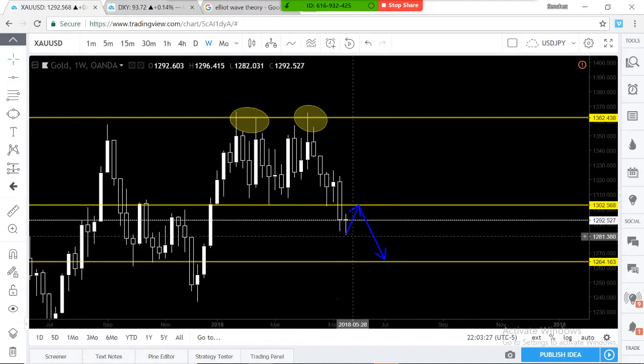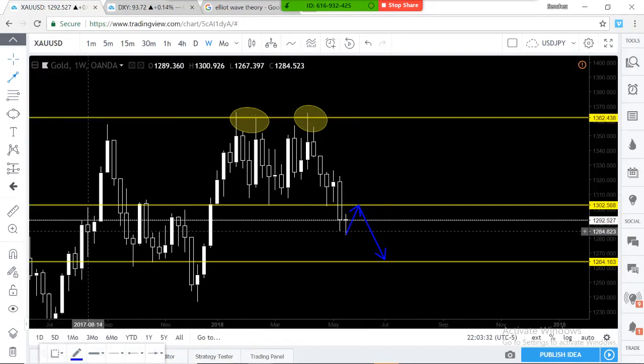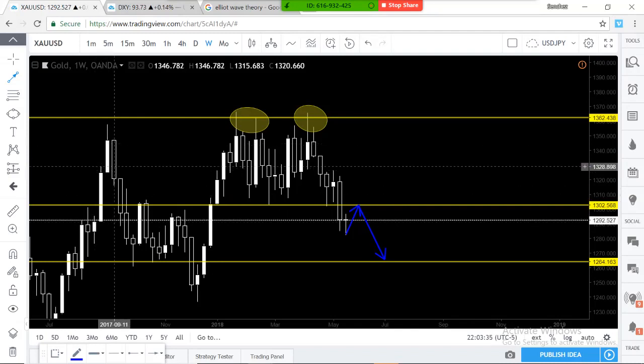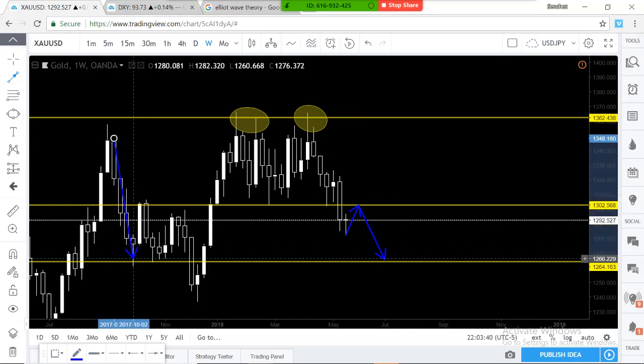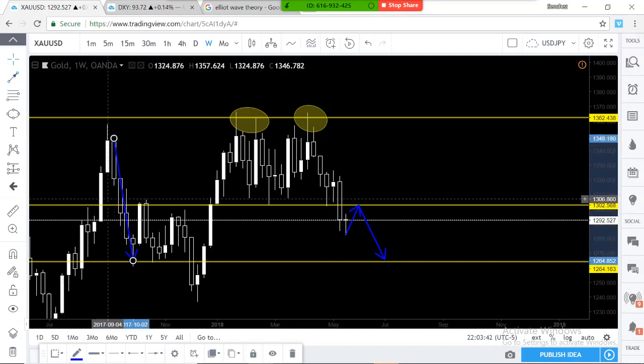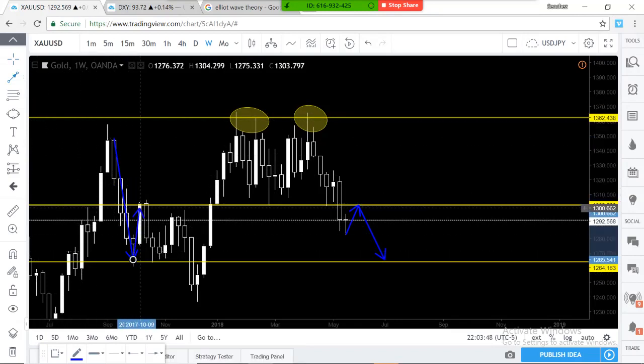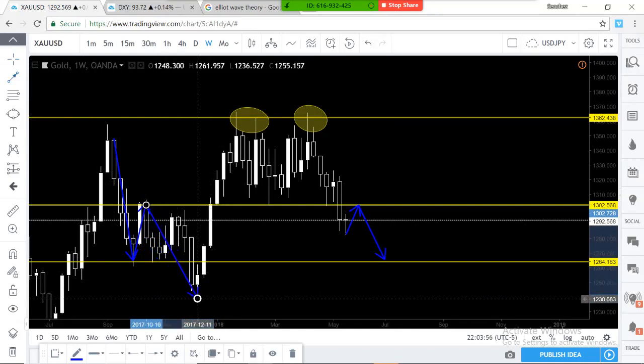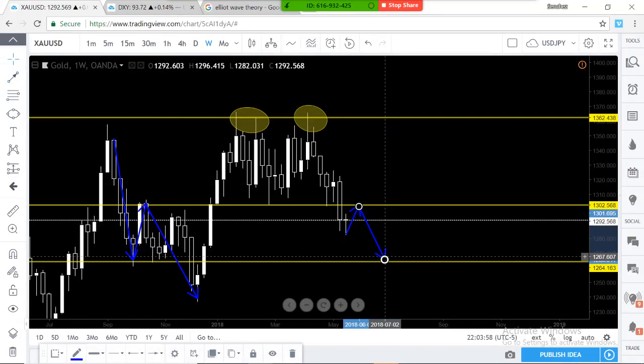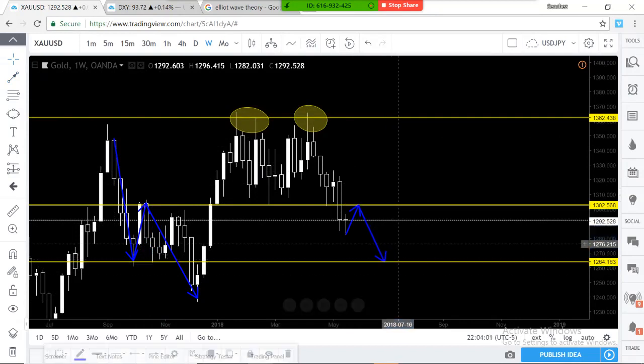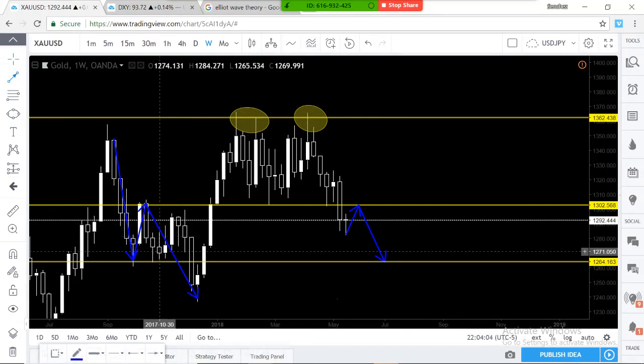Why do I think it would do this? Look at this. If you ever want to know the future, look at the past. Has it ever done this before? You already see it, don't you? Has it ever broken, retested, and then continued? Actually, look at that. Boom, right there. So if it does do that, it has a chance to go that low. But that's my take two.